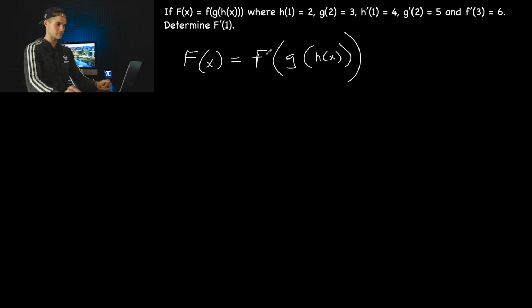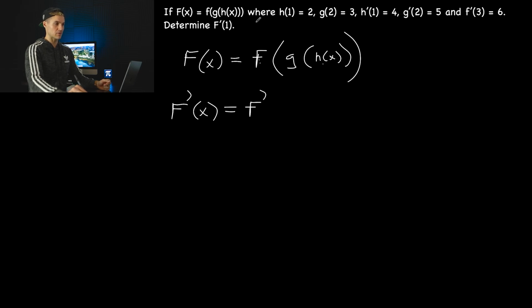Now, notice that this capital F here, it's a composition of three functions. So if we are going to find a general expression for the derivative, we're going to have to do the chain rule on this. But we have three functions, so the h is within the g, and then the g is within the f. So what do we do? We always start with the outer function, right? So we take the derivative of the outer function,